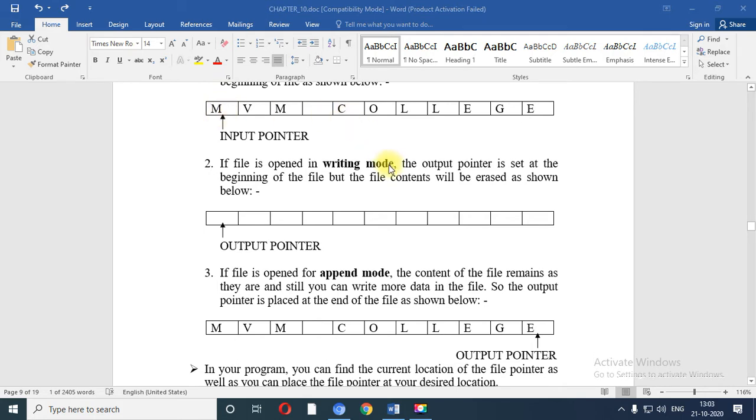Now when you open your file in write mode, at that time you use the output pointer. And when you want to append your content, naturally your pointer should be at the end, and you preserve your data and use the output pointer.